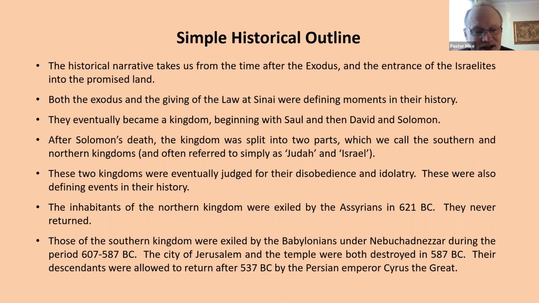Of course, 537 is 70 years after 607 BC, so the exile lasted around about 70 years. And by that time, in 537 BC, the Persian Empire had risen up and defeated the Babylonians, so Nebuchadnezzar and his descendants were no more. And it was the Persians that then ruled the then known world. The Persian Emperor Cyrus the Great was the one that made the decree to allow the Jews, as they were then known, to return 537 BC. So that's a very simple historical outline from the time of the Exodus to the return from the exile in